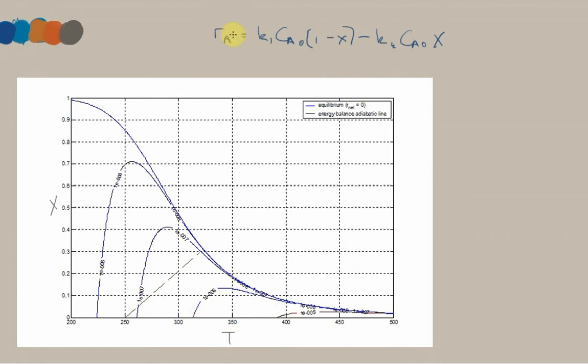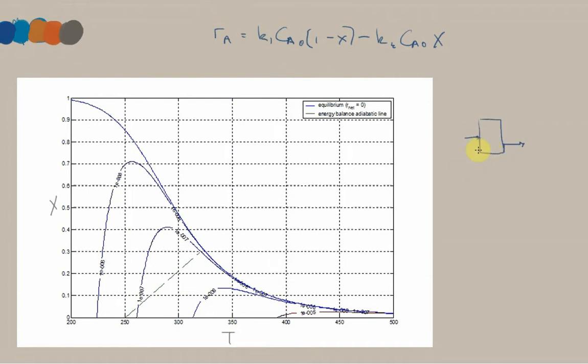We could fix the reaction rate, and we could look at the relationship between X and T through this equation when we fix this reaction rate. So that's how we got these curved lines. And of course, the reaction equilibrium line is one of the special cases of that equation. We identified that as a line we wanted to avoid, because that's where the net rate is zero. And of course, we don't want a reactor that's operating with a zero reaction rate. So we want a nice high reaction rate in the reactor, because that means we accomplish some kind of conversion